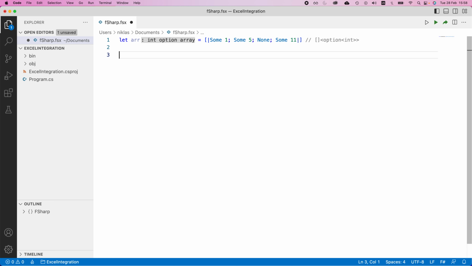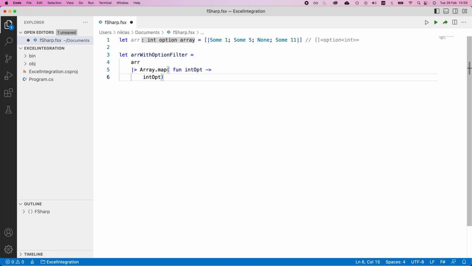So let's say we only want to keep values that are larger than 3. The way I would do this is I would define a new array, so let's call it array with option filter. And what we're going to do is we're going to take the original array, and we're going to send it to Array.map to begin with. Sorry, map should not be capitalized. There we go. And in this, we're going to define a function that takes an int option, because if we look at the array, each element here is an integer option. And with this int option, what we're going to do is